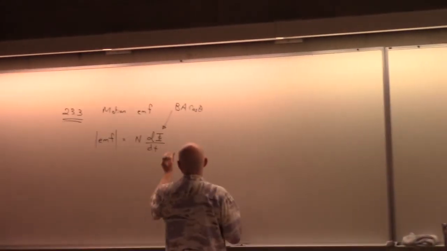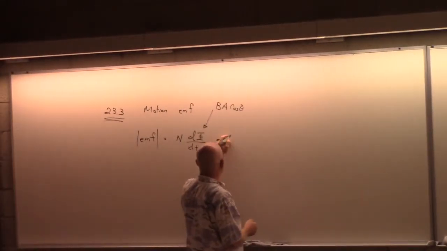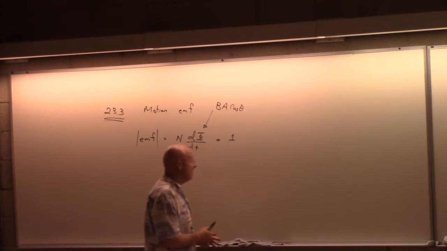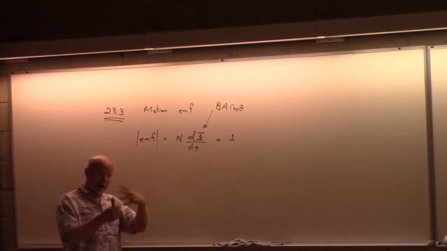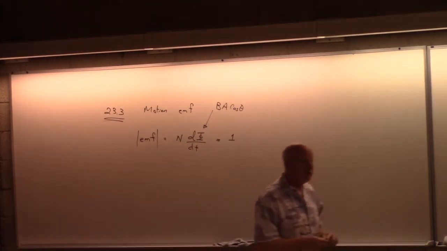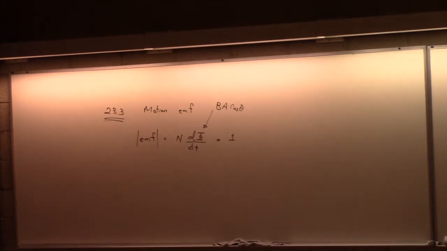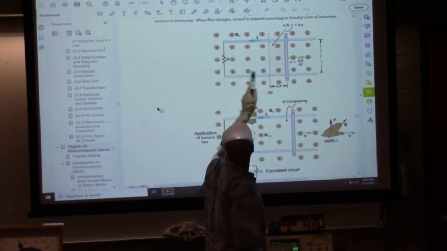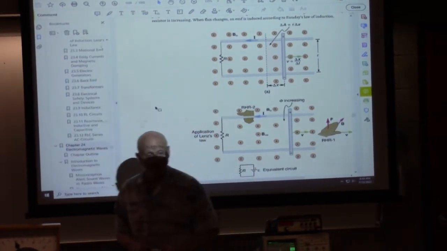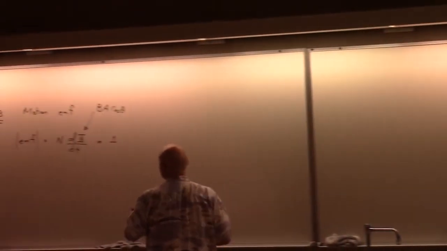But I'm going to go ahead and say, all right, if I try to do this calculation, the first thing I would do is say how many loops of wire do I have? And I guess I would say, well, just one. Okay, and so here is this one loop of wire. Notice the resistor here. Then I'll take the derivative,